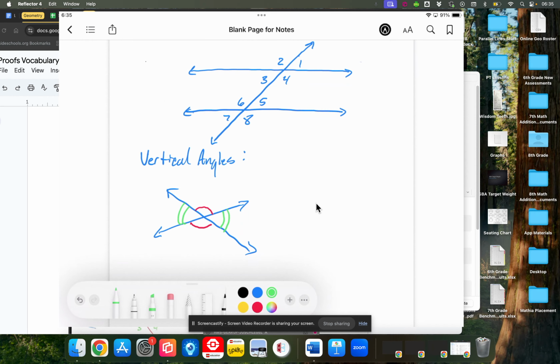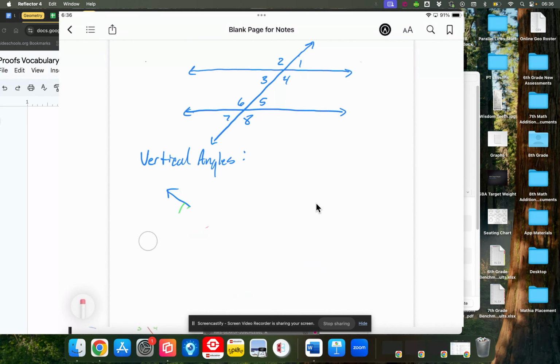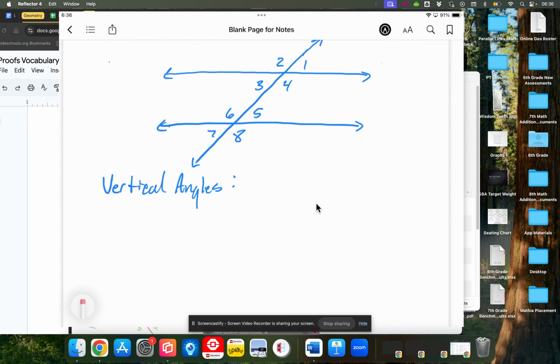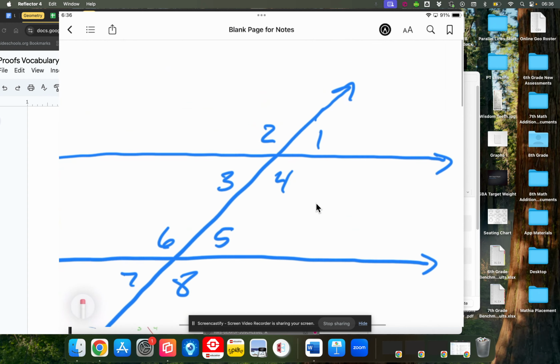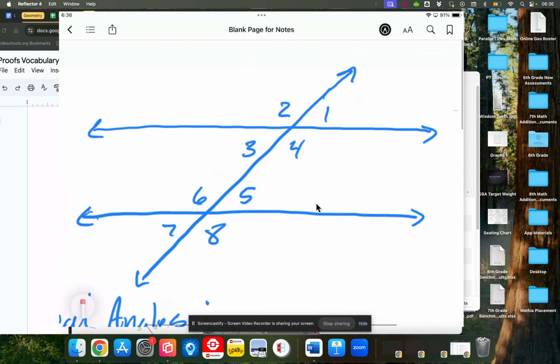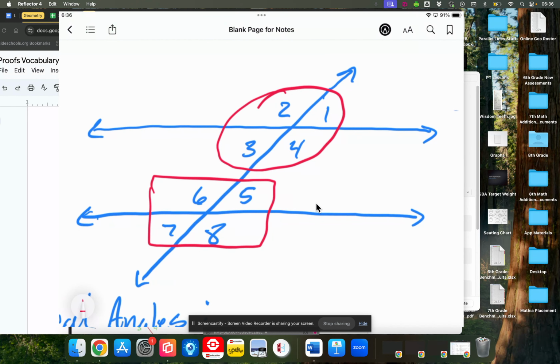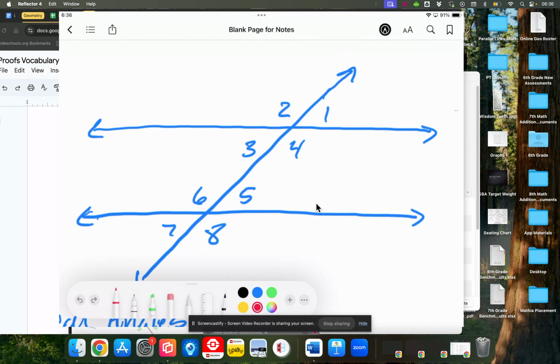What we need to do in a figure like the one above is apply the same concept, but recognize we're only looking at part of the figure at a time. So for vertical angles, we can only look for angles that share a vertex. And so these 4 angles share a vertex, so there must be some vertical angles there. And these four angles share a vertex, so there must be some vertical angles there. We are going to treat the top part and the bottom part separate of each other for the purpose of